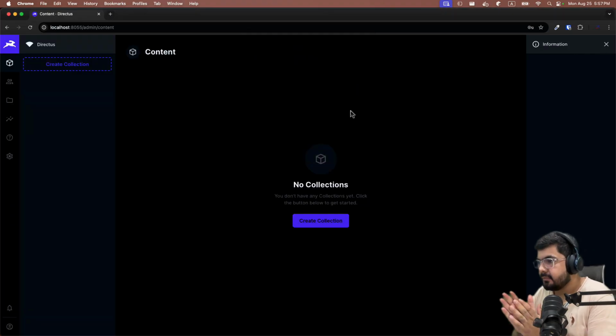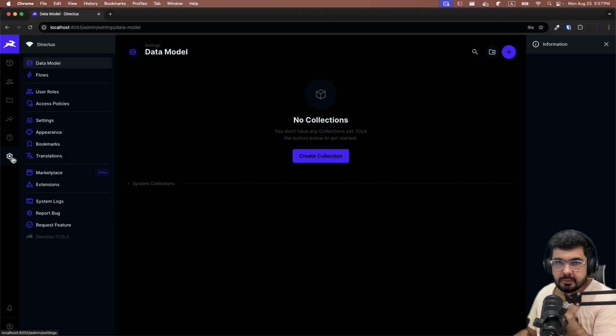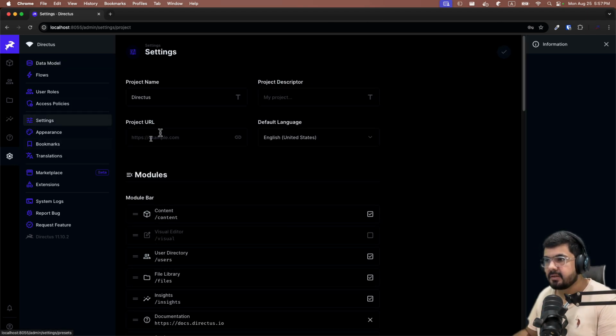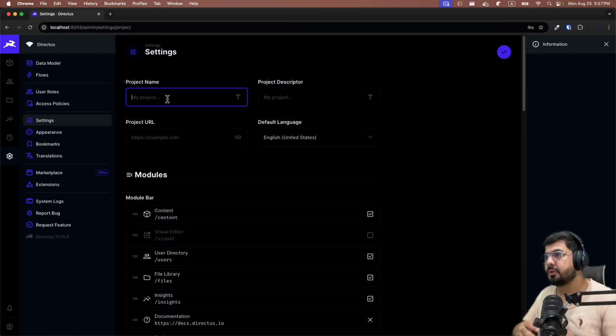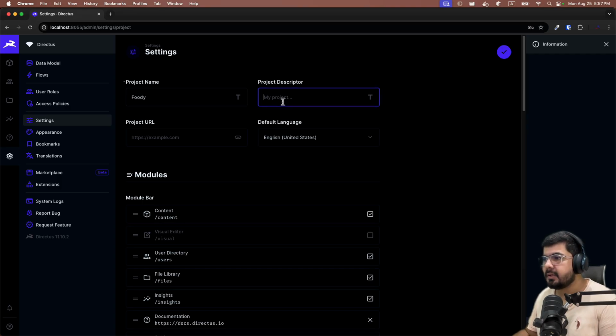So the very first thing we can do is to name our project something different, right? So we will see how we can customize this as well. So let's go into settings. This is what I like to do whenever I fire up a new instance of Directus. Inside this we can name this project something which we want to create. So let's say this is a foodie app, right? So we will be creating this app for, I would say, a restaurant management application, right? So let's name it foodie restaurant